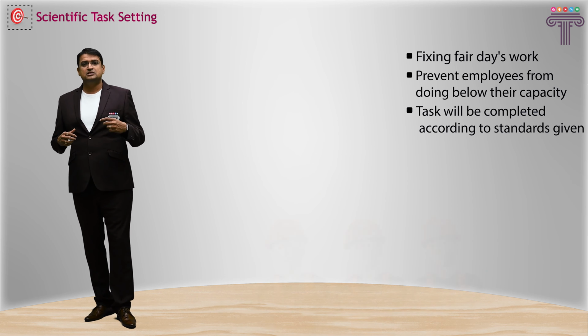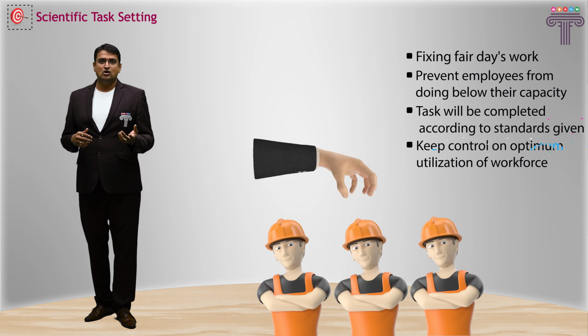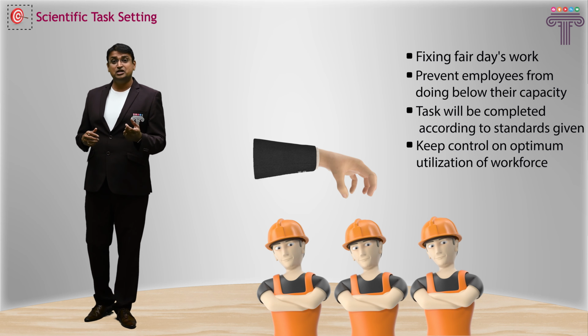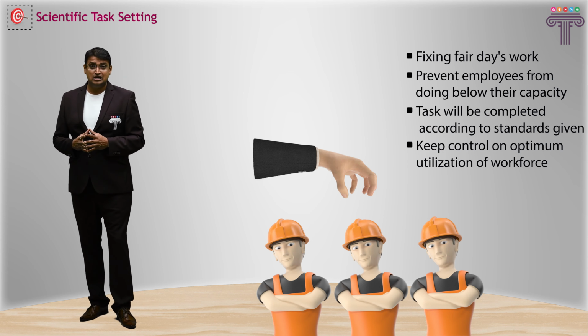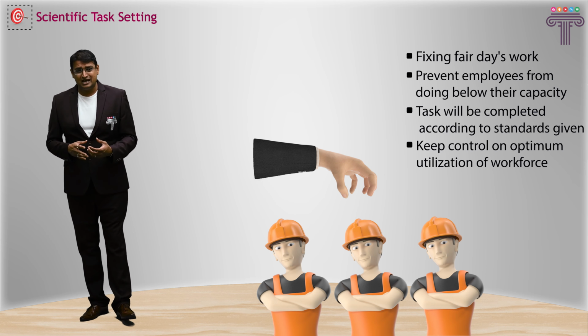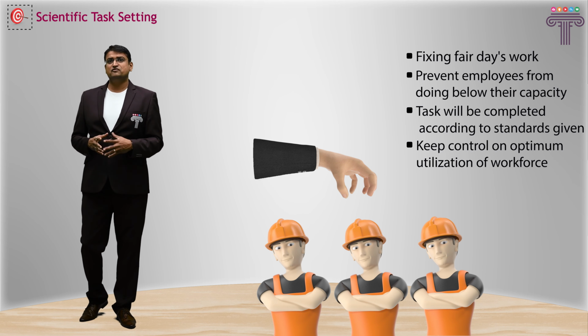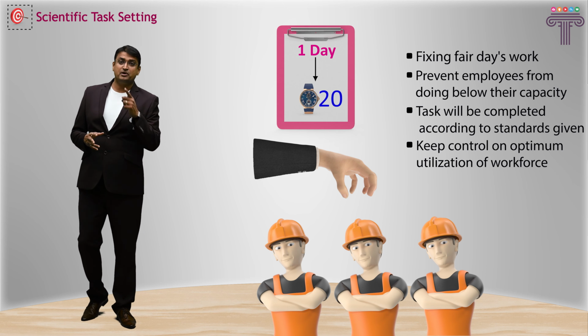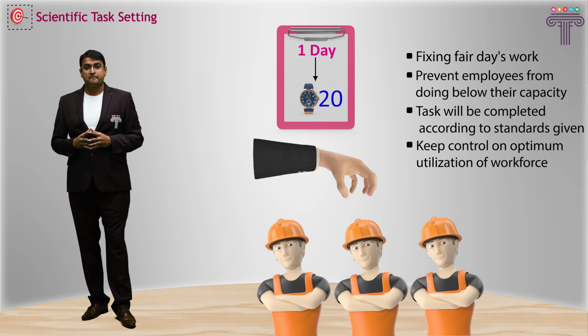Automatically what happens? Now management has control over efficient utilization of the workforce, the human resource. They can avoid wastage of time, unnecessary time pass of the employees, and they can demand proper qualitative output. Hence,